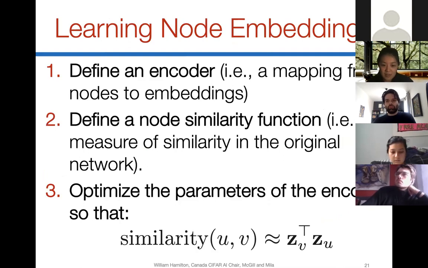So in general, when we're trying to learn node representations, first off, we have to define some kind of encoder, i.e. some kind of mapping that maps our node to low dimensional embeddings. We need to have some kind of similarity function. So what is the graph similarity that we're trying to approximate with our learned representations? And then we need to optimize our parameters so that our node embeddings actually approximate